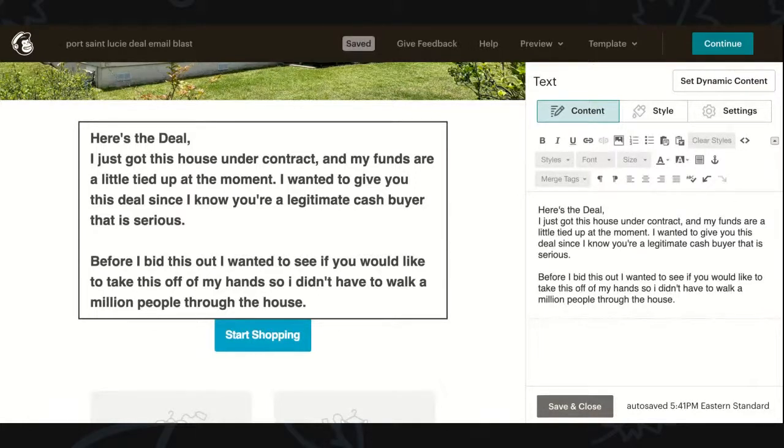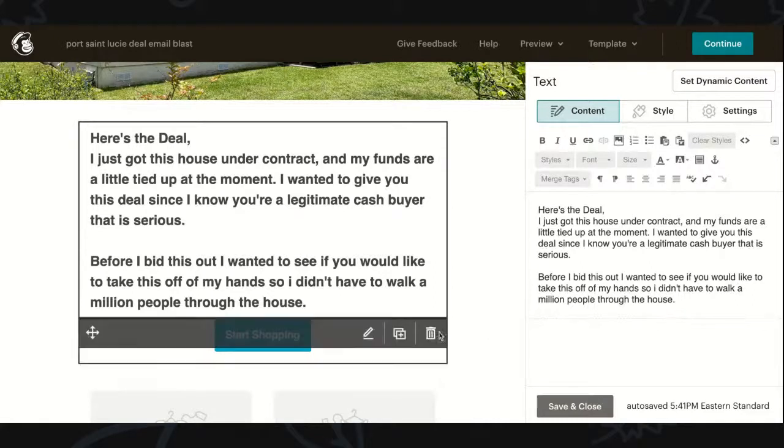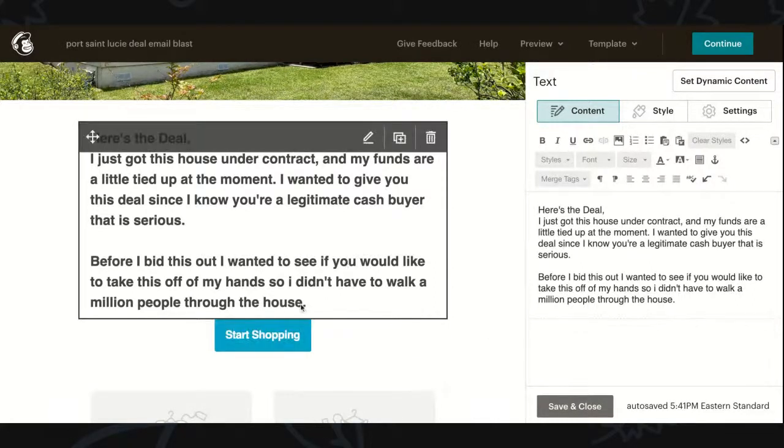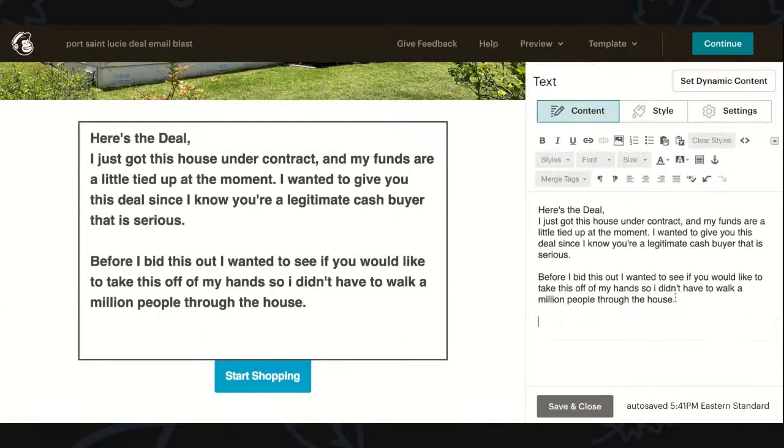Before I bid this out, I wanted to see if you would like to take this off my hands so I didn't have to walk a million people through the house. And that is as simple as possible, easy as that, right? So what we go with this is then, boom, and I'll put 123 Main Street,